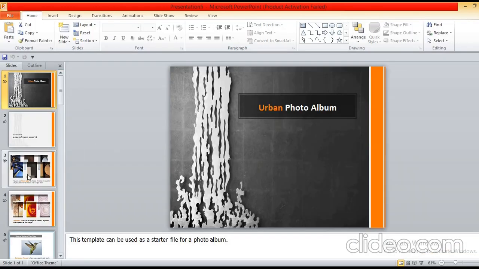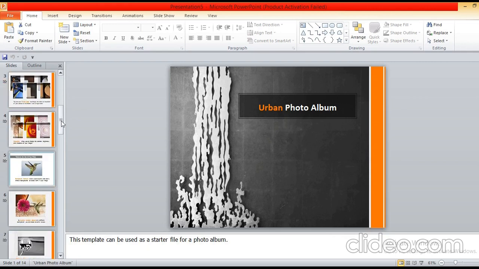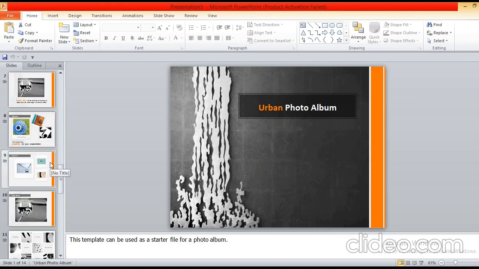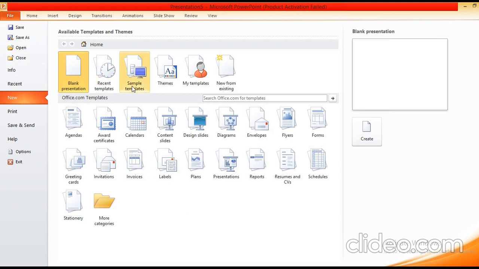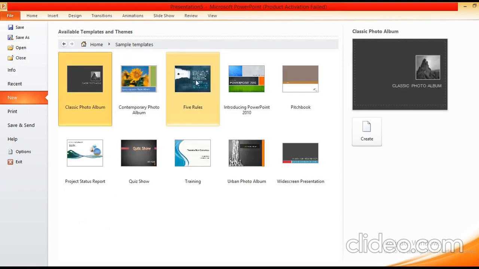Now you can see a presentation is created by default in front of you on the basis of the template option. Again, I am telling you how to create a presentation through a built-in template. Click on the File tab, the New option, click on the sample template option, and choose a template from the available templates given there.